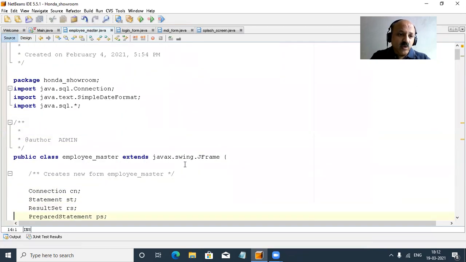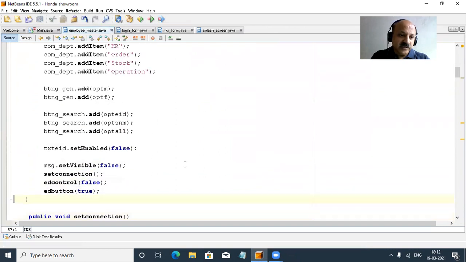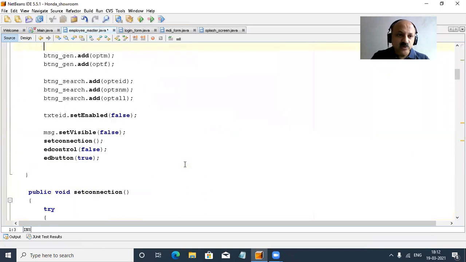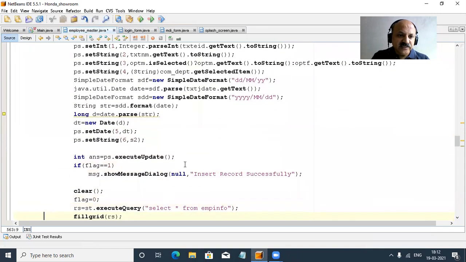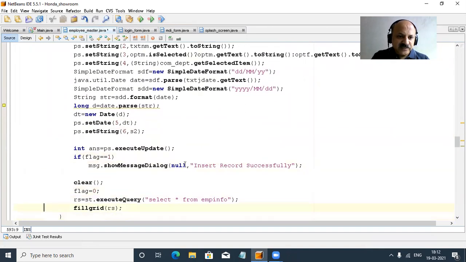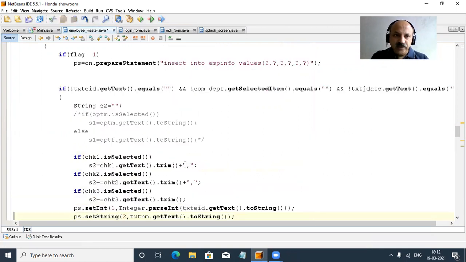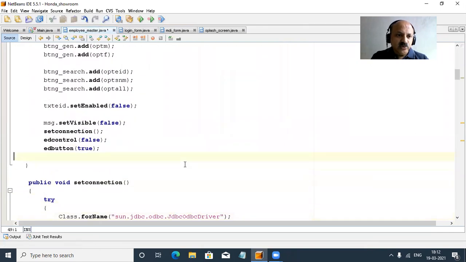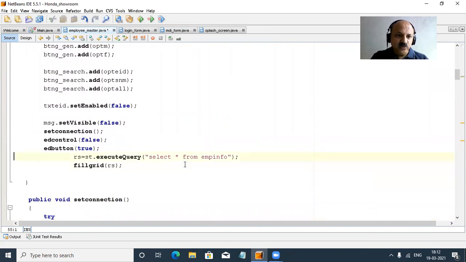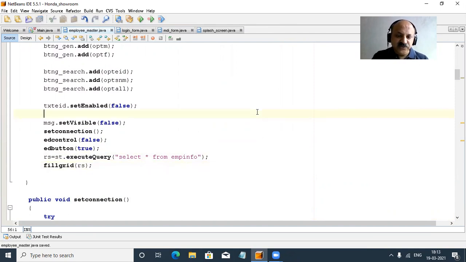So only you can call fill grid in our constructor here. So yes, same coding. So which coding? The add button. So I go to our save button, not the add button. So only this query we can pass. Yes, only two lines. So I copy these two lines and paste them into our constructor. So you can look here. So yes, I pasted. So that is only two lines, and we can call the fill grid method. So save and let us run.